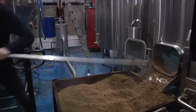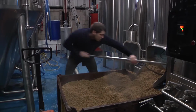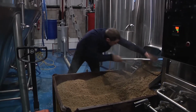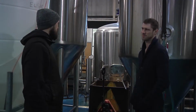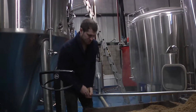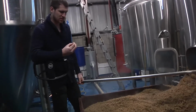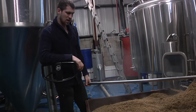It's very gassy. But essentially, we all work together as a team, and I find that we are at our strongest when problems arise. We work together to solve problems. This is basically just wheat and barley, so just malted grain from